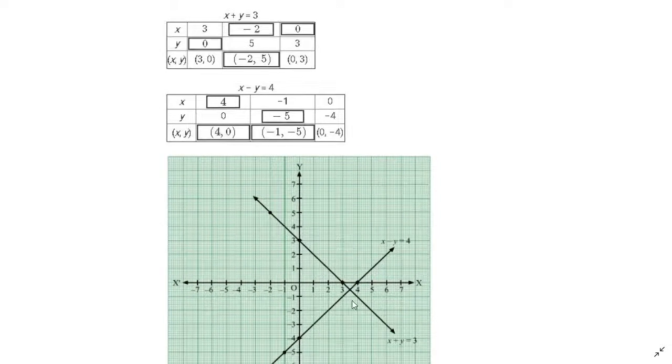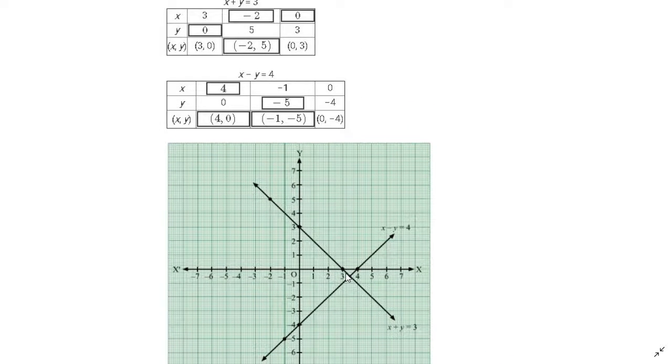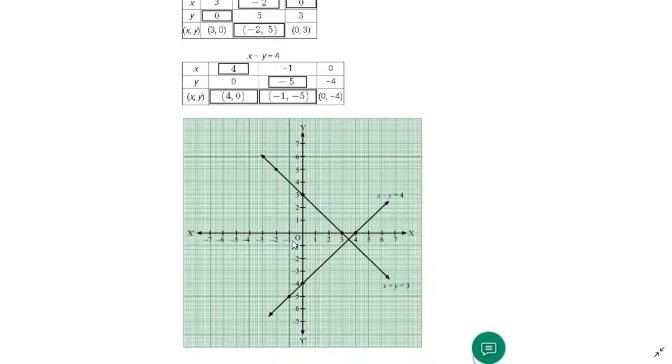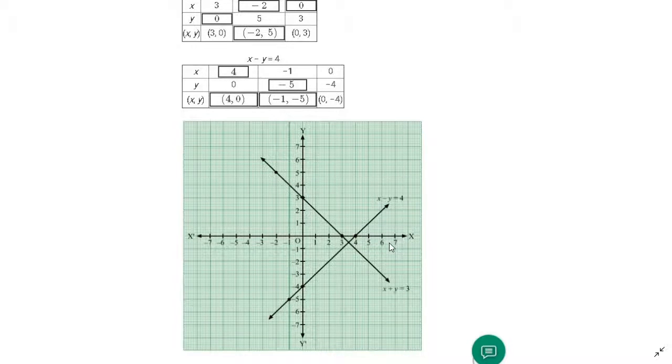Here is the graph paper. When you draw the lines on graph paper, we need to understand some basic concepts. So here is a horizontal line which we call the x-axis. Write here x and x dash. And similarly, the vertical line which is perpendicular and intersects at point 0 is also called the y-axis, y and y dash. So these are basically the graph paper's basic lines, the x-axis and y-axis main lines.